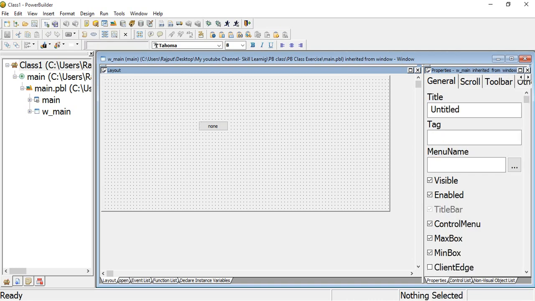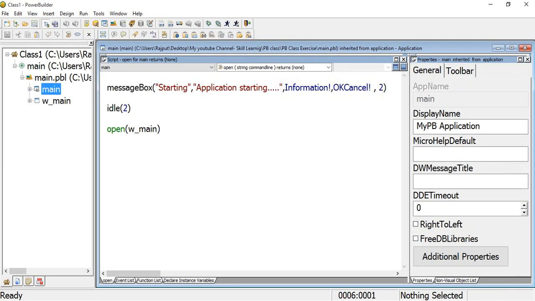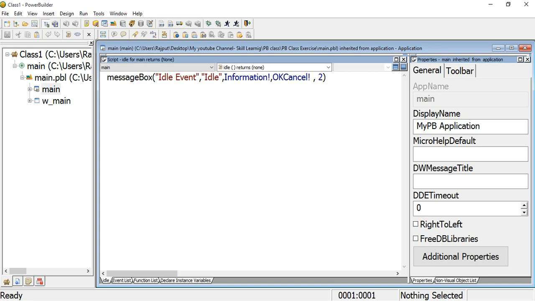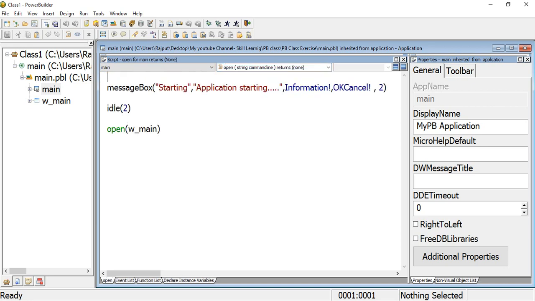Now I write the event. Here we are discussing the open event. Now I write the code. I'm accessing the window.